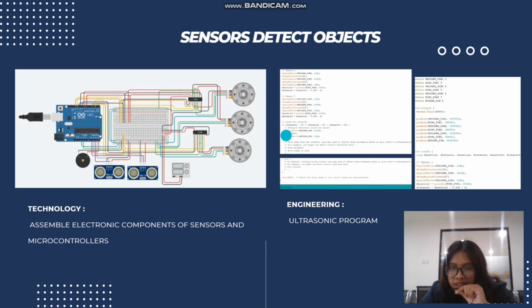And last, we check for obstacle. Here we set the distance of the ultrasonic sensor to the object, 20 or 30. Okay, next, check for obstacle. Here, we set the distance less than 20 from the ultrasonic sensor to the object. And if the ultrasonic sensor detects the object at that distance, the buzzer will make a sound.